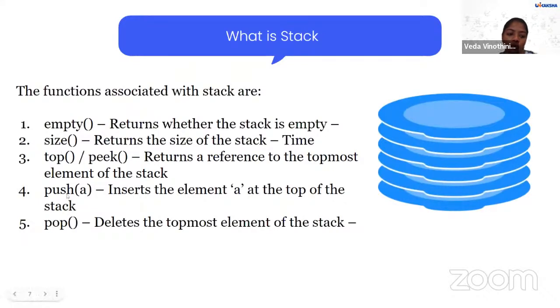Push means inserting an element, and pop means deleting an element. Top or peek will always return the topmost value of the stack. Size will return the entire size of the stack, and the empty function will check whether the stack is empty.